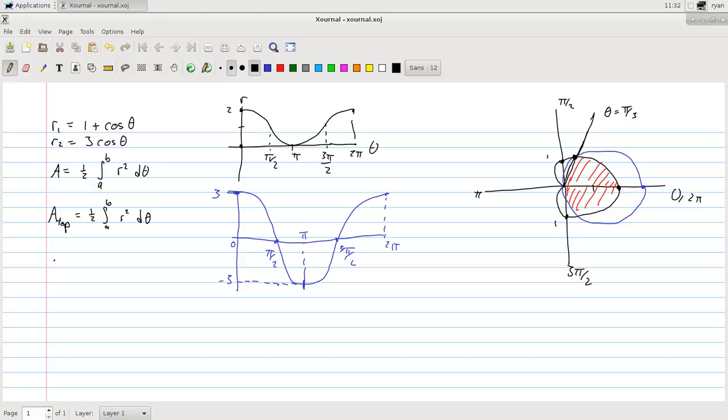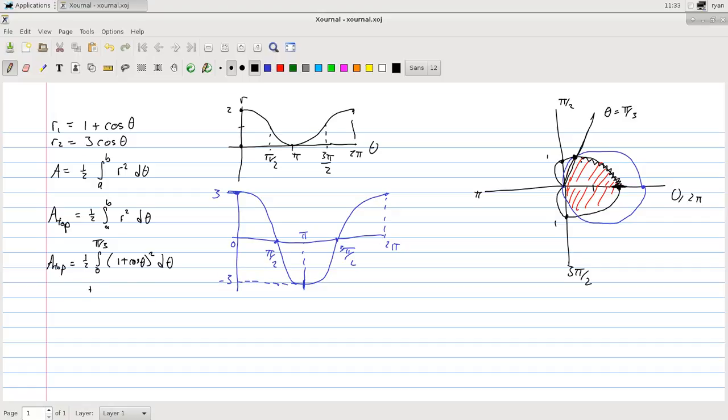So we now have to set this up as two separate integrals. This is 1/2 the integral from theta equals 0, which is where this thing started, up to theta equals pi over 3, the intersection point. And then the curve that we're integrating is 1 plus cosine theta, so 1 plus cosine theta squared d theta,